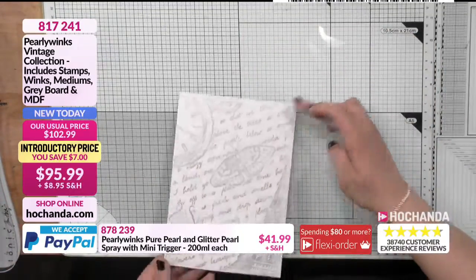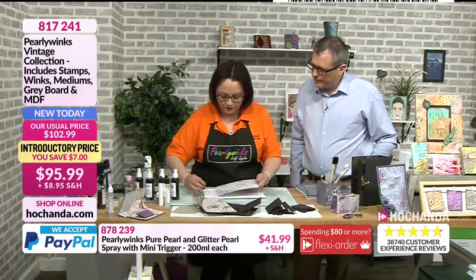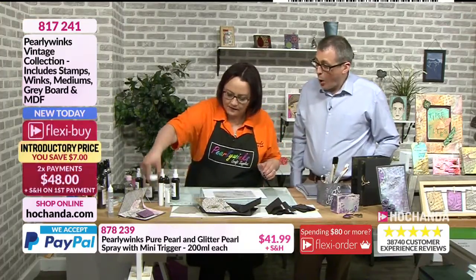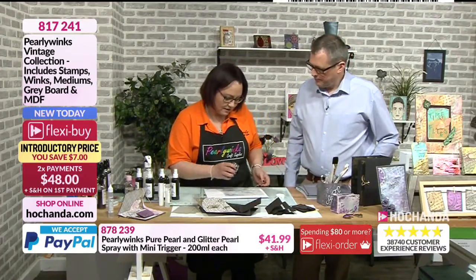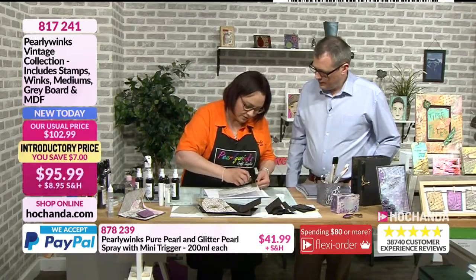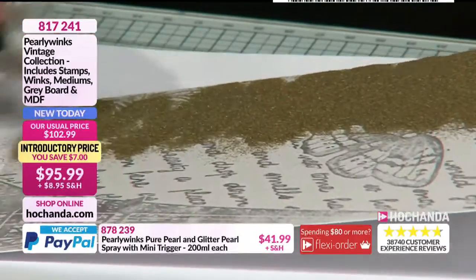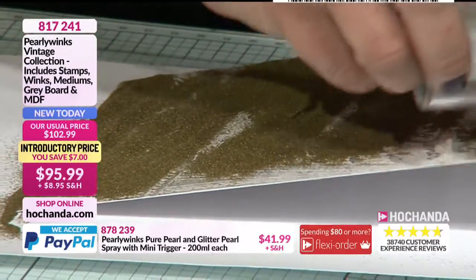Okay, so what I've done next is I've just put the embossing powder on. I'm sure a lot of you have used embossing powders and things like that before. Yeah, gold embossing powder in the bundle as well. You get a lot of it actually. Yeah, there's loads. Ours has obviously been well used. But simply for those that haven't done it, just literally cover your piece of work and always put a little piece of paper or something underneath to catch it all,